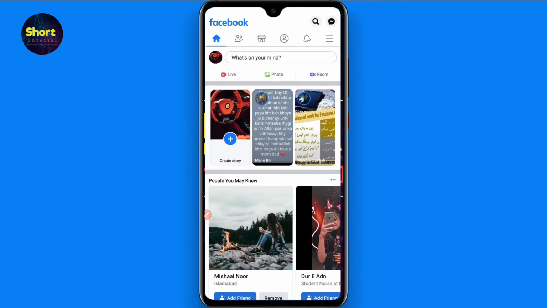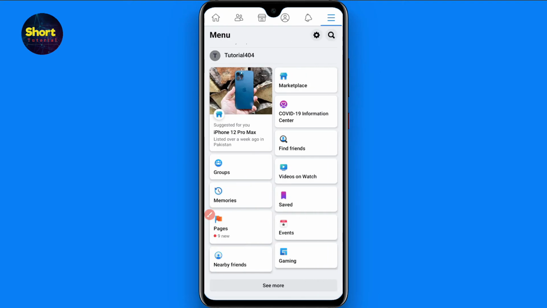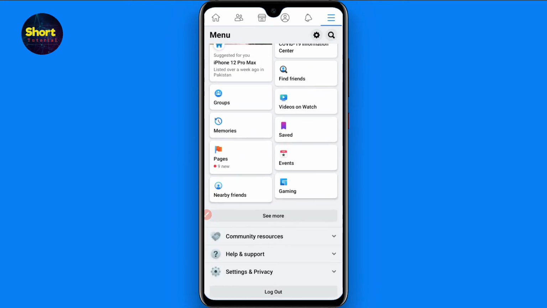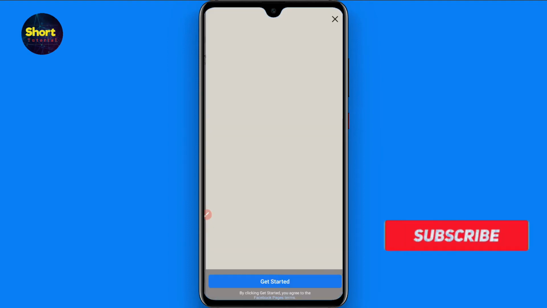First of all, you have to open your Facebook mobile application and log into your account. Once you do it, you will see three lines on the top right. Click on it, then scroll up and click on Pages from here. Once you click on it, you will see different options, so you have to click on this create